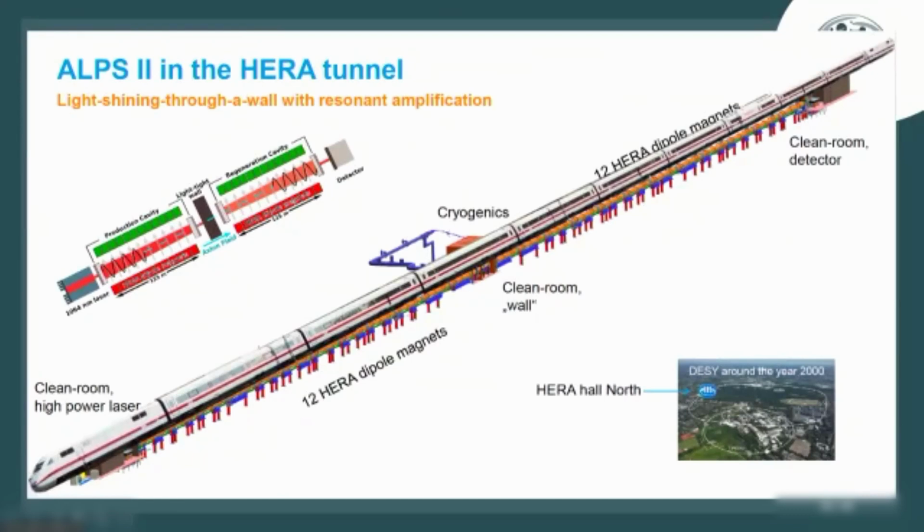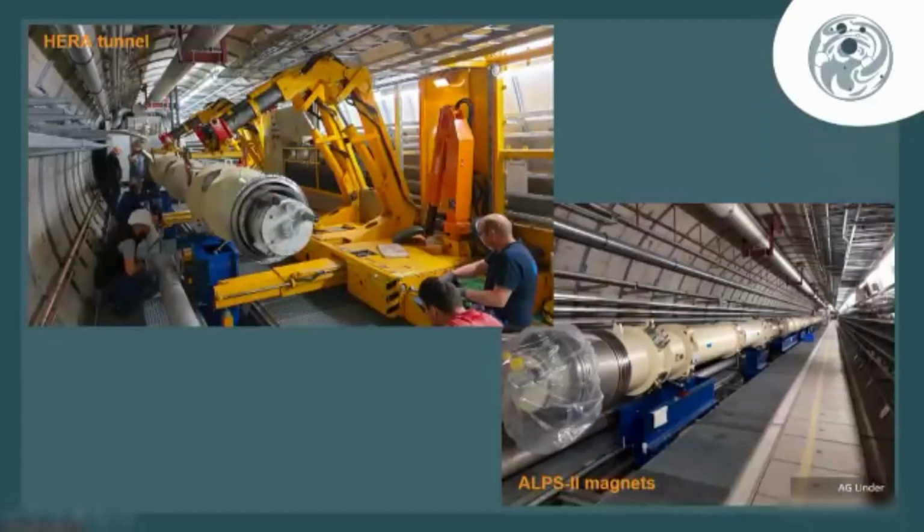Sorry, the ICA is just to show you the length of the thing. Obviously, there is no ICA in the experiment. That is clear. We put a wall, and in the second half, this is the regeneration cavity. We wait for a signal to appear, for a photon to materialize there in the magnetic field of the regeneration cavity. This is just some nice pictures to show you that the thing has actually taken place.